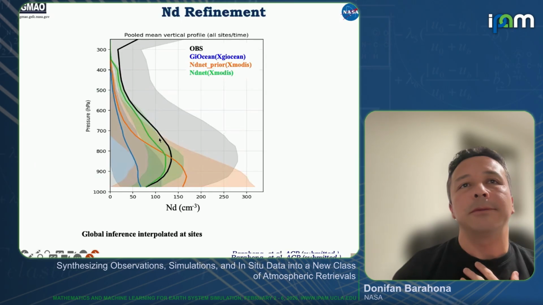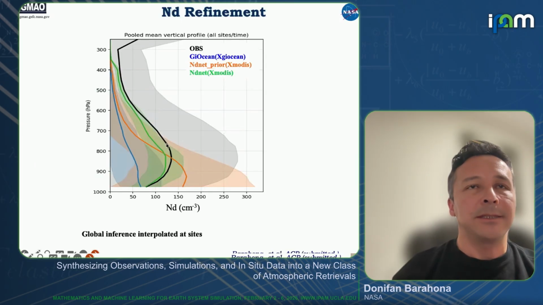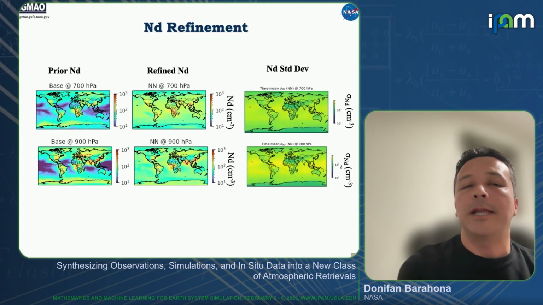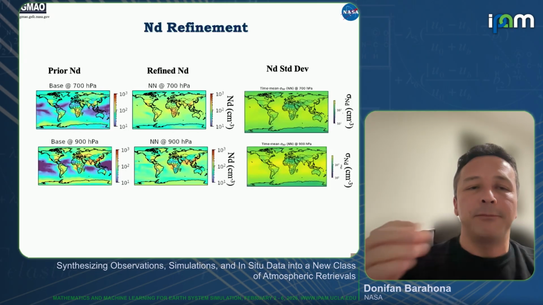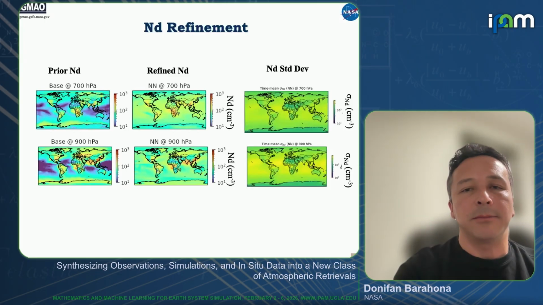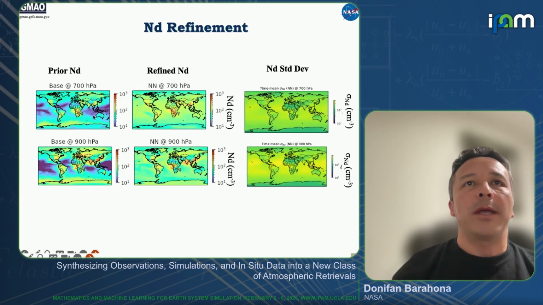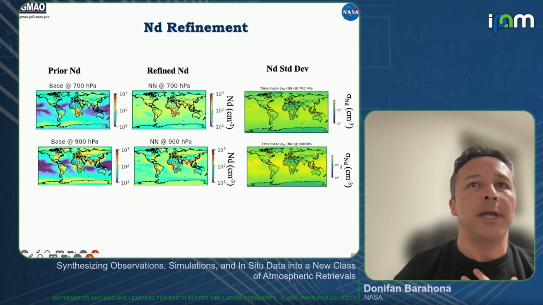But then the next question is, okay, this is at the sites, but what does it do globally? One thing about this neural network is that we're never fitting the data at the site. We always fit globally, and then we interpolate at the site, because we are interested in a global product, right? So this is our prior. You see there are some differences, but it still conserves all that physics from before. Things are high where they are supposed to be high and low where they are supposed to be low, and it's just a correction that it adds to it.